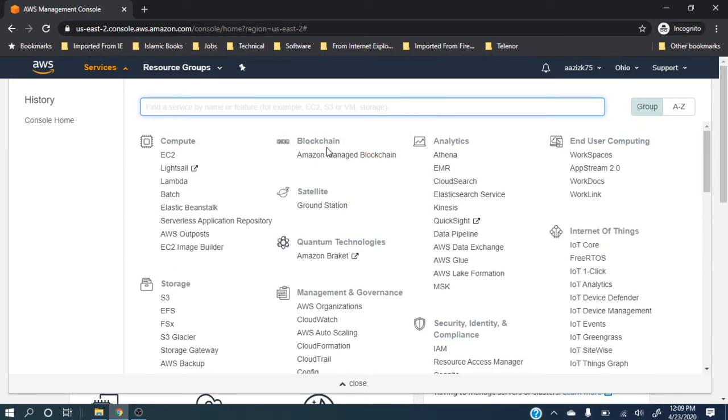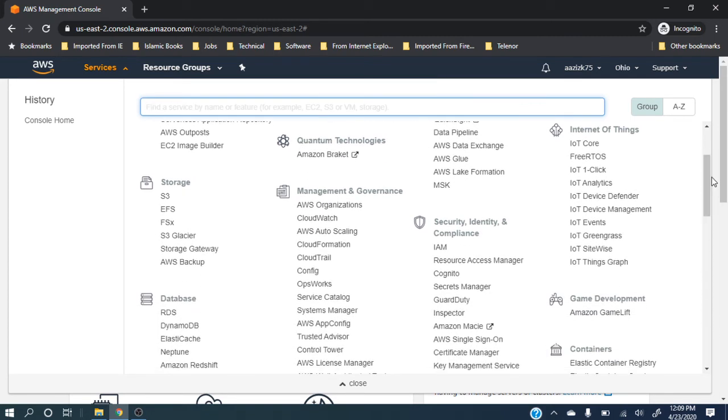If you are interested in blockchains, you can have Amazon Managed Blockchain. If you want to do something with satellites, you have to check, because satellite is not available in every region. Maybe Ohio, I don't know if it has a satellite or not, but some of these services are not available in every region. Some services are region specific, so you have to check. These are quantum technologies. I am not really sure right now. I will check it myself.